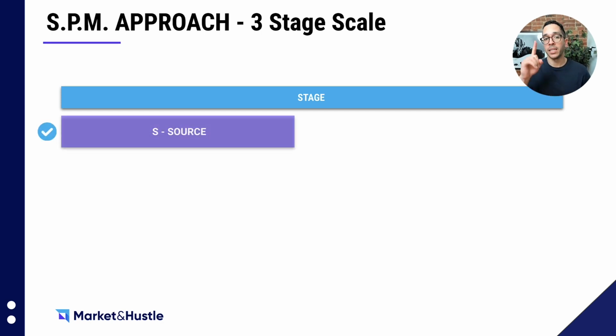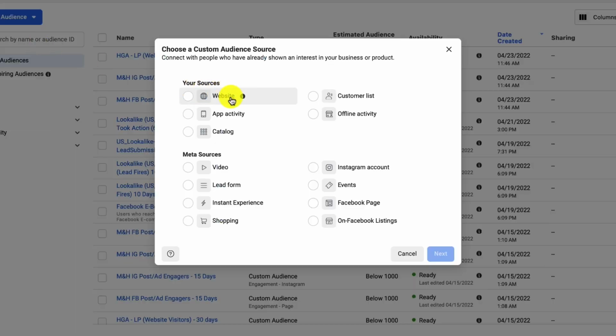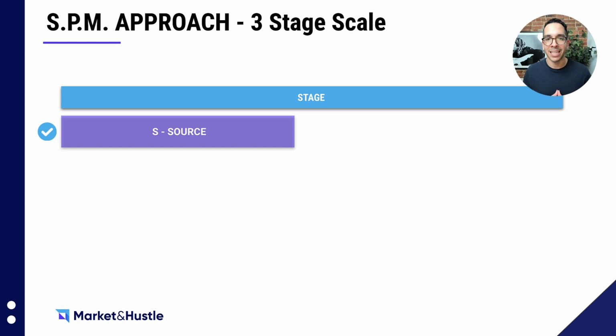The first one being S for source, which is the many different ways that you can build lookalike audiences, which we're going to talk a little bit about in the next slide. There's multiple ways. You can use your existing CRM data, you can use pixel data, you can use platform data. All data signals are not the same. You really need to figure this out first before you go to the second stage of scaling your lookalikes,